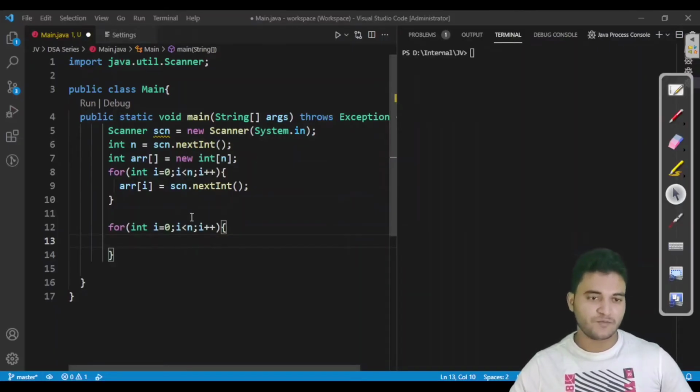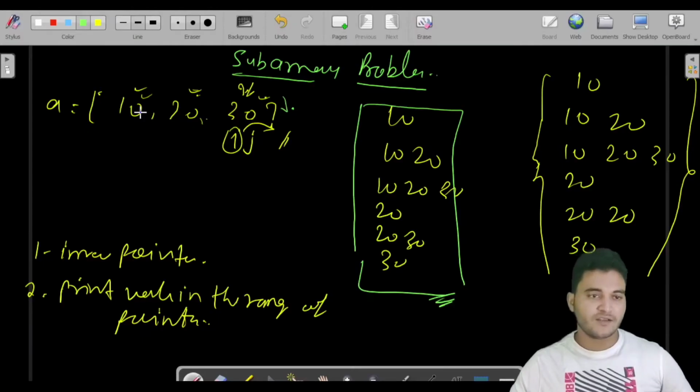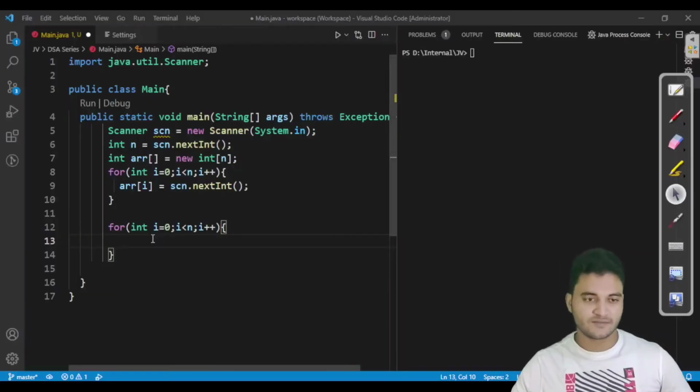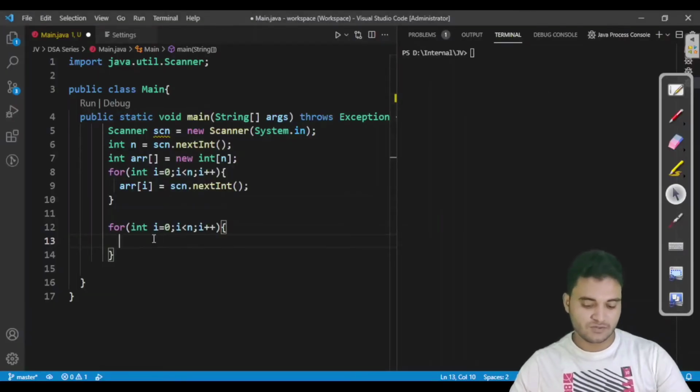Coming to the second loop, where we have to start. If you are focusing here from the beginning, then what we used to do, we used to have i here and j here. So initially we used to point i and j on the same position. If j is on the end, then again we used to point i and j on the same position. So we would start our inner loop for j also, and the initial value for j would be 1.